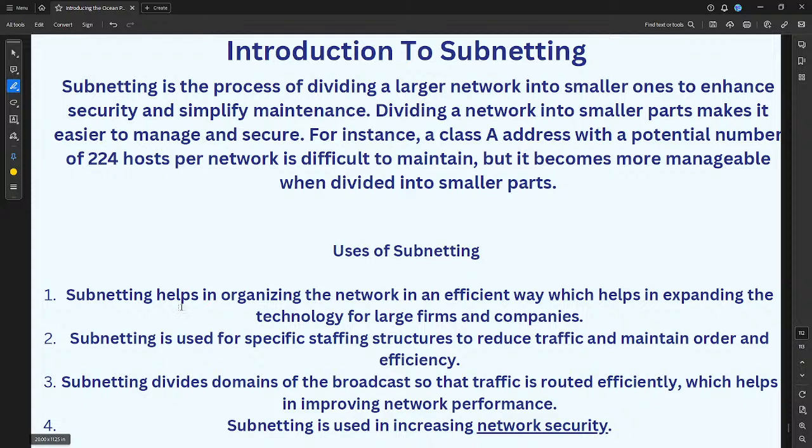Subnetting helps in organizing the network in an efficient way, which helps in expanding the technology for larger firms and companies. It's also used for specific staffing structures to reduce traffic and maintain order and efficiency. Subnetting also divides broadcast domains so that traffic is routed efficiently, which helps in improving network performance. So that brings us to the end of networking